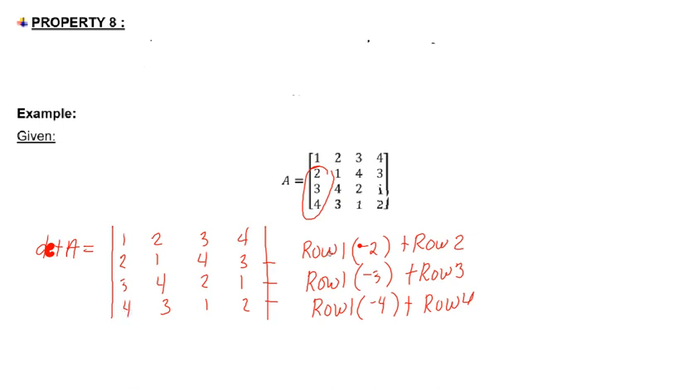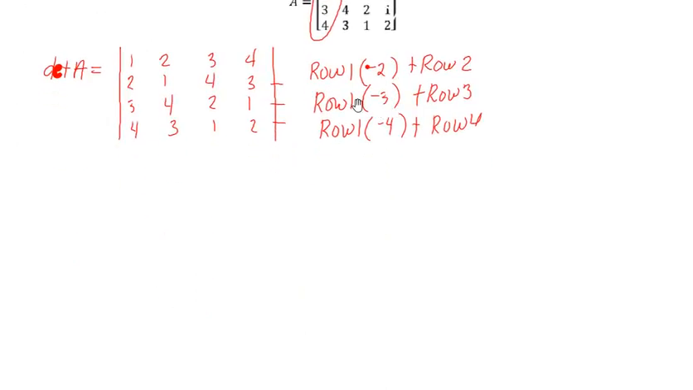Pero kailangan nating i-adapt itong equation sa buong row. So, pag row 2, yung buong row 2, yung buong row 3, at yung buong row 4. So, ganyan. So, if we solve that, makukuha natin yung determinant of A that is equal to,